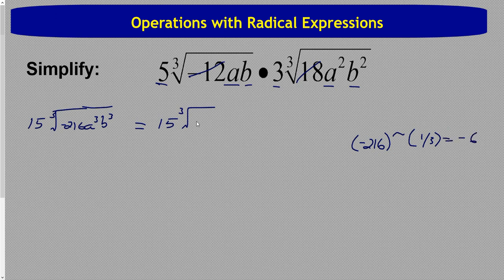So this is negative 6 cubed, a cubed, b cubed. I'm taking the cube root of all that stuff, and everything's cubed, so that's great news. This is going to be 15 times negative 6, right, because the cube and the cube root cancel. A, because the cube and the cube root cancel, times b, because the b cubed and the cube root cancel. So now I just need to do 15 times 6, which is going to be 90. I have negative 90a